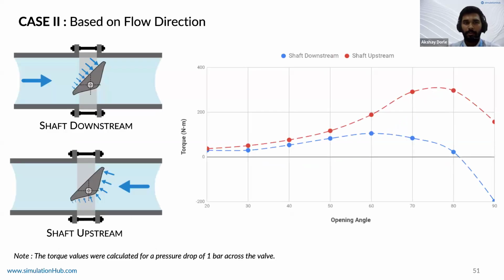Moving on to the next parameter, that is the flow direction. As Praveen had mentioned in the earlier slides as well, flow direction plays a very important role in the CDT characteristics of the valve. So we will look at it in further detail. Shaft upstream and shaft downstream are the two cases considered here. This is an offset valve, and this phenomenon, as we discussed in the previous slide as well, is observed in offset valves. So in shaft downstream, or you can say the seat side configuration of the valve, what happens is